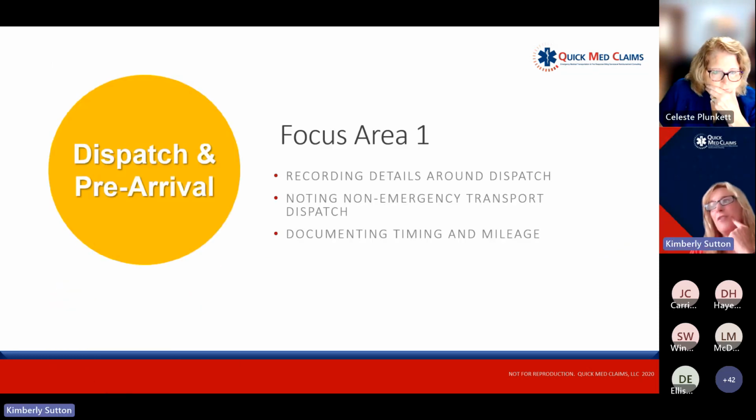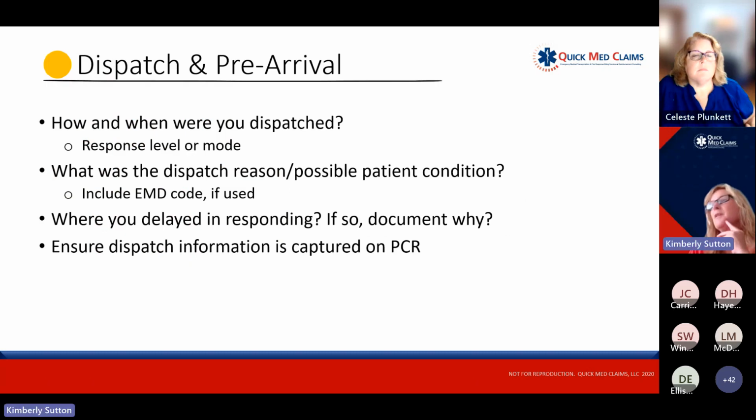Our first area of focus is dispatch and pre-arrival. We're going to look at recording details around the dispatch piece, noting non-emergency transports and dispatch, and documenting timing and mileage. First off, when we talk about dispatch and pre-arrival, we want to look at your response level or your mode. Secondly, we want to note the dispatch reason and possible patient condition, and you can include the EMD code if